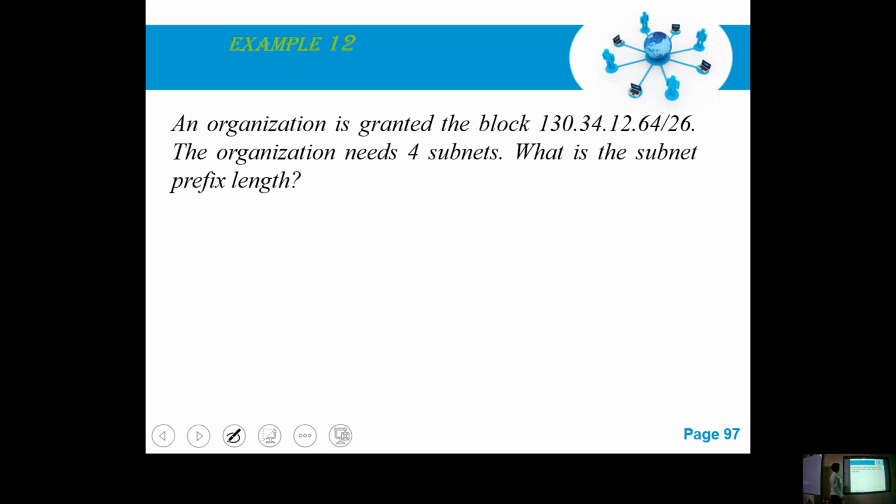Then let's go with an example. An organization is granted the block, this is the block they are saying. If this /26 is not there, I can say this is class B, and I can easily make 4 subnets out of that. Since this is class B, I am going to have 130.34.0.0. From that we will start and we can consider 4 subnets. So it will go till